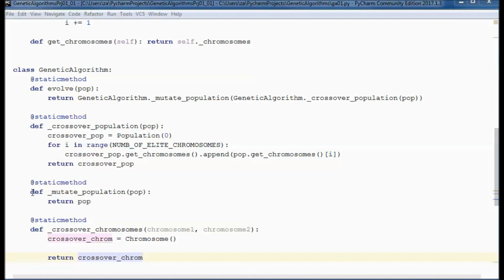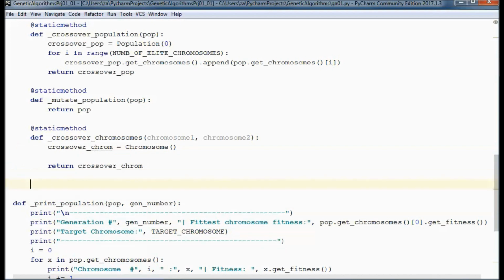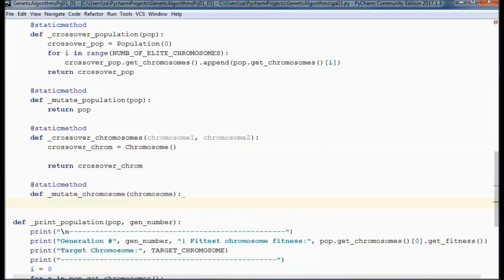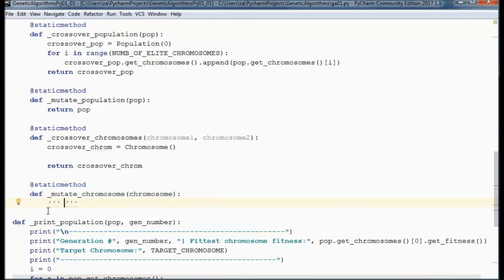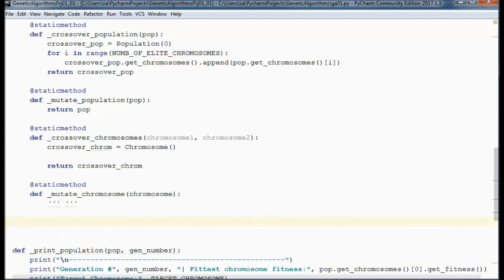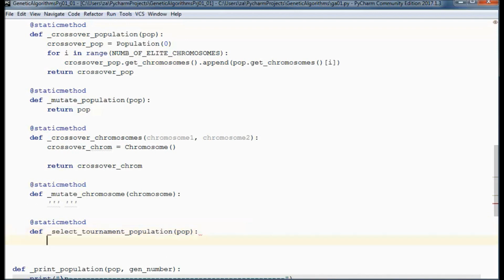And mutate population will end up calling this mutate chromosome method for each chromosome in the population. And since we will be using tournament selection, let's define this select tournament population method.